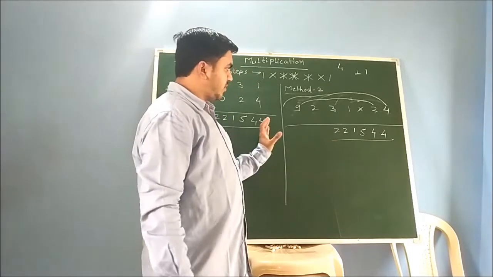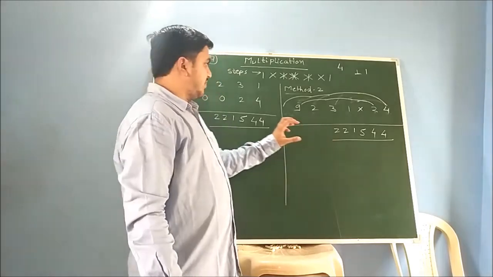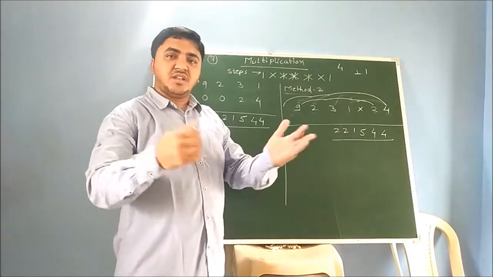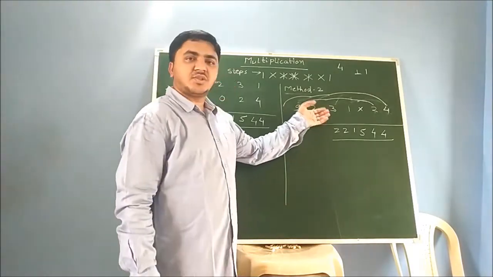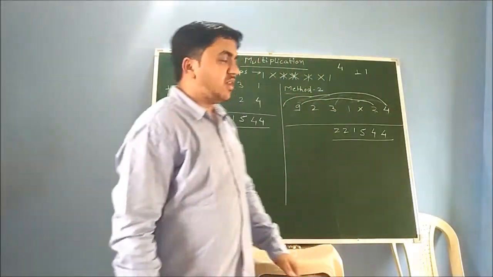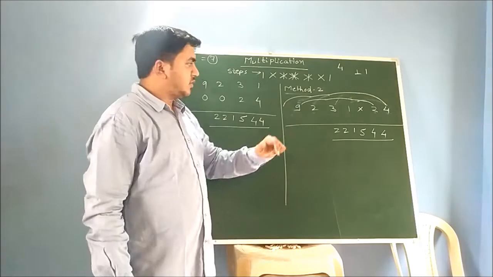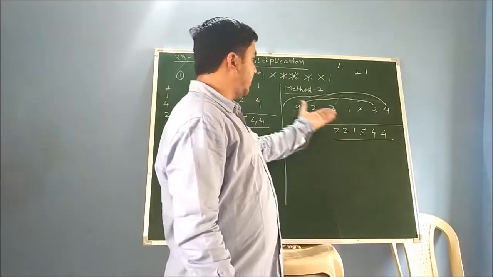Okay, so I think both the methods are understood by everyone, because this method will be useful when one number given to you is quite large. If you had a number of, suppose, 6 or 7 digits, and the other number was only 2 or 3 digits, then this would be very difficult. Okay, so you can follow the same steps for 3-digit multiplication also, 3 digits with multiple digits.